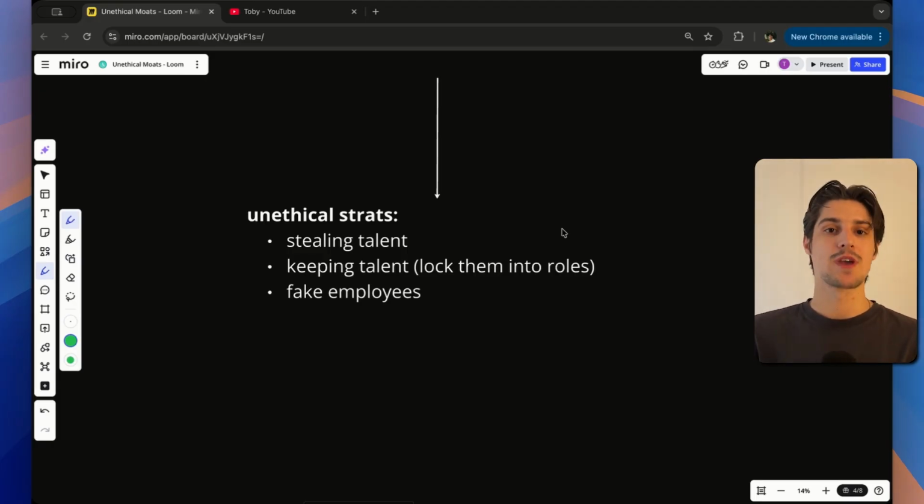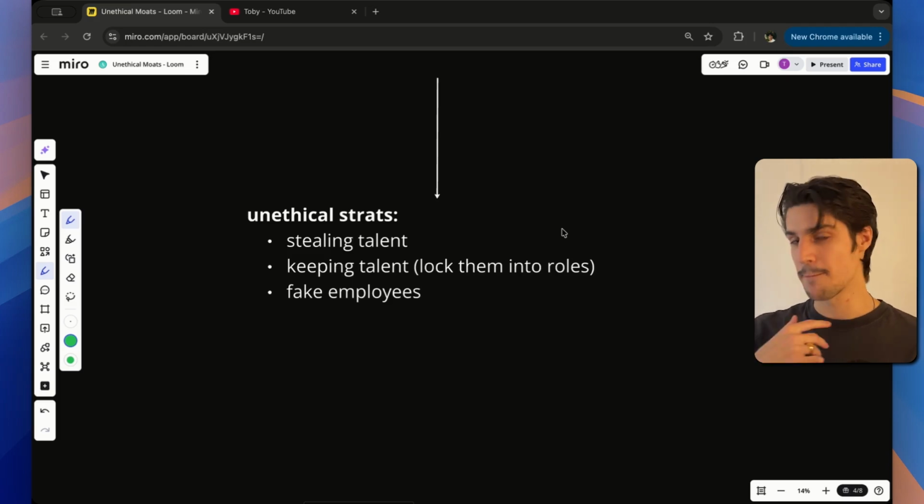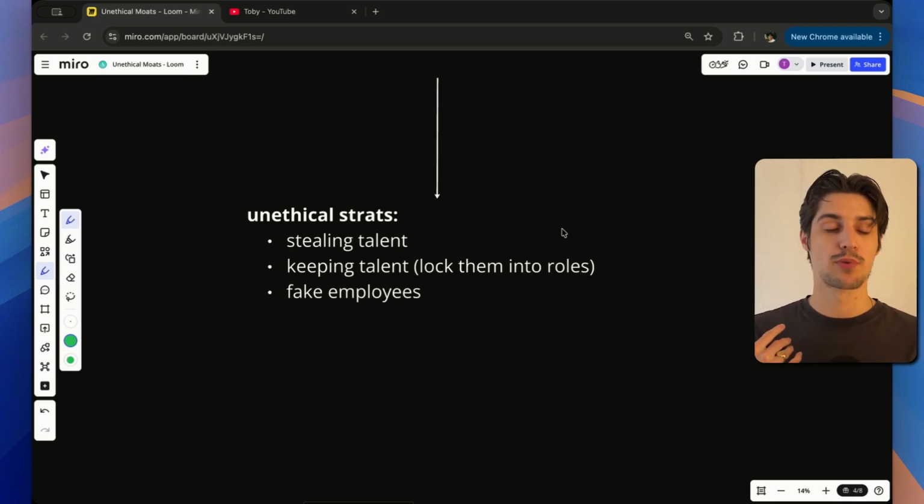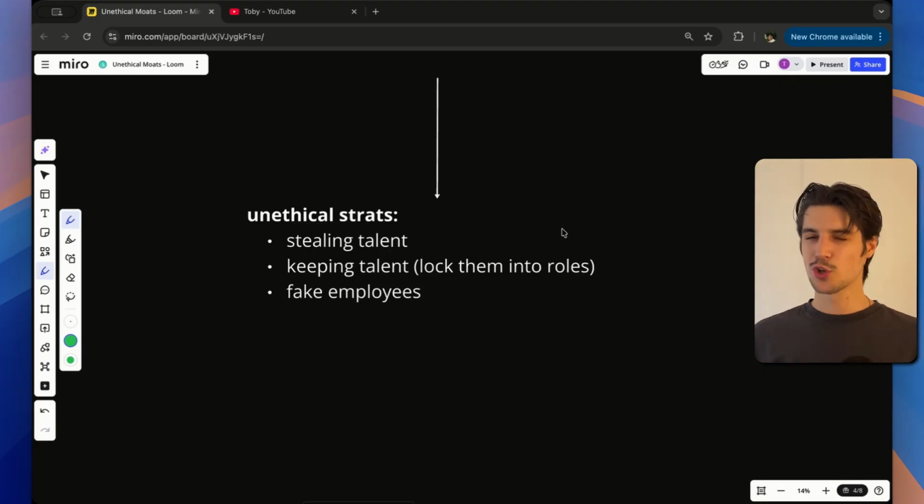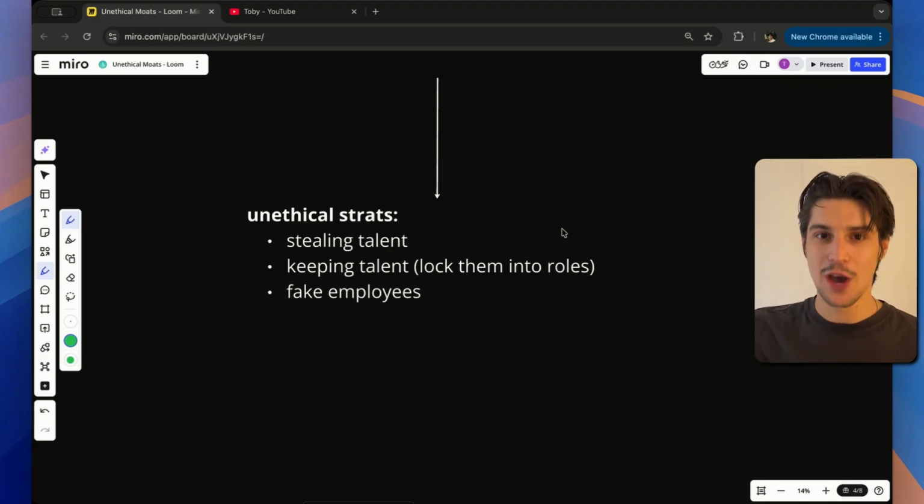One of the best ways I've seen people do that is by locking them into high-level roles. Like, imagine you have a guy who comes up with all the ideas, all the thumbnails, and all the strategy for your content, and your videos get millions and millions of views. You want to keep that guy on your team, but someone else probably can pay more for him than you can. So what do you do? You make him the CEO of your company.